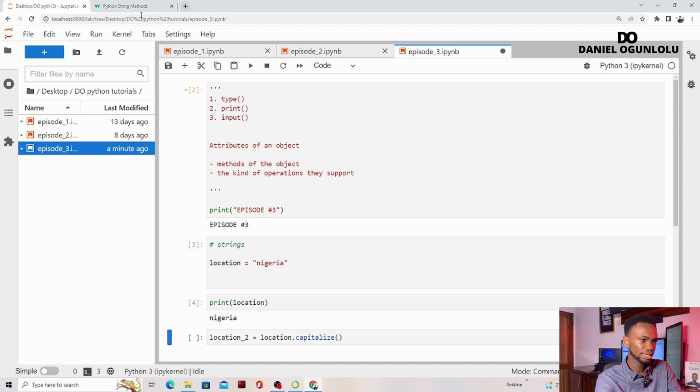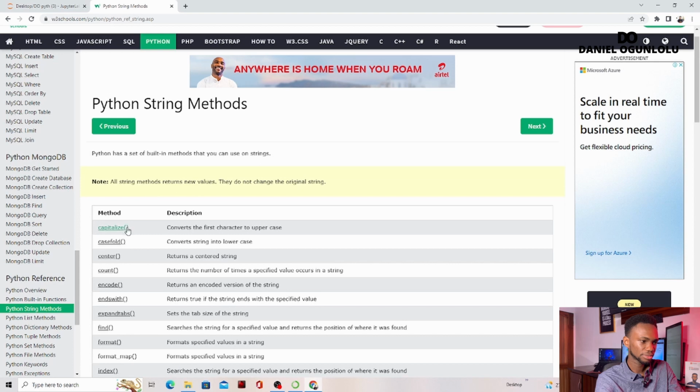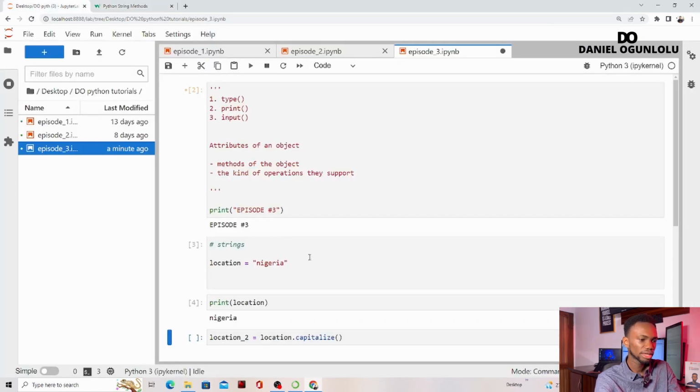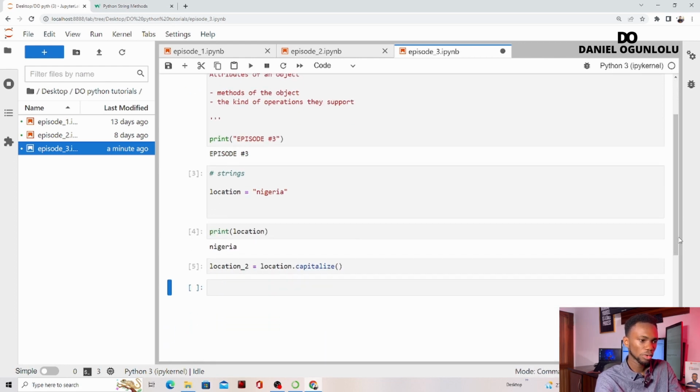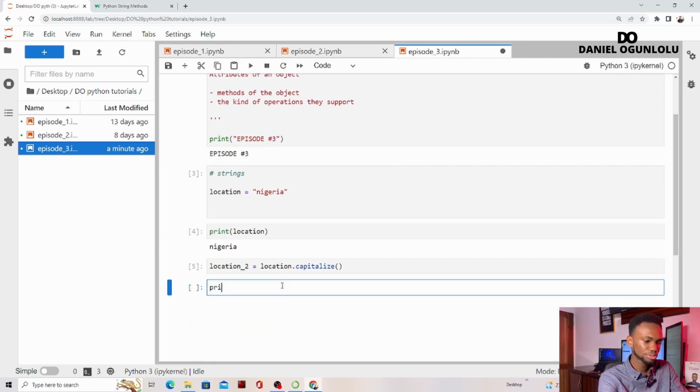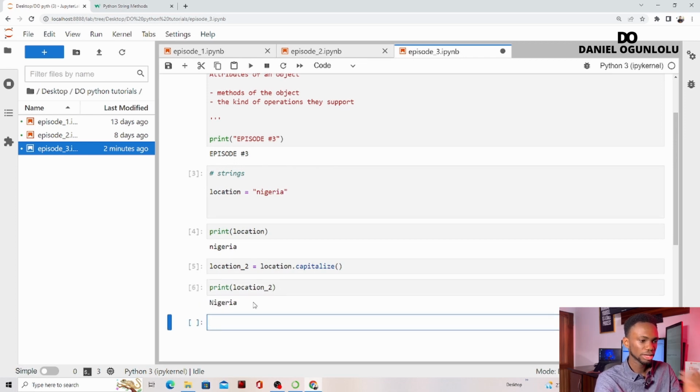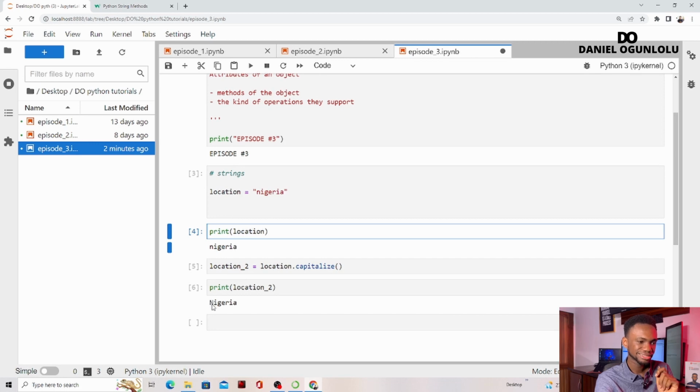Now let's go back here. I'm taking this capitalize from this guy here, so it's not something strange. Now if I run this and then decide to print out location_2, you can see that I have the same copy of location, but this time around the first letter has been